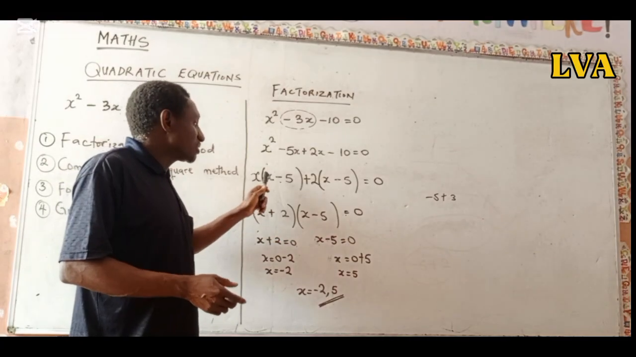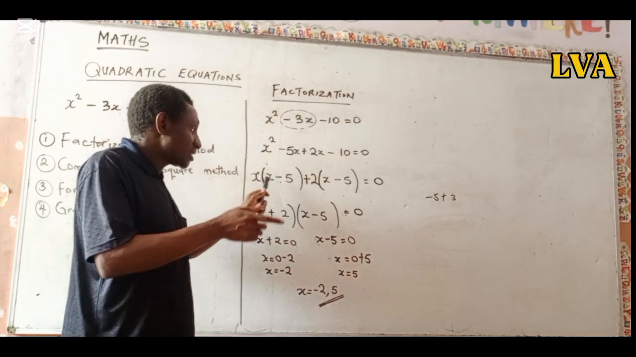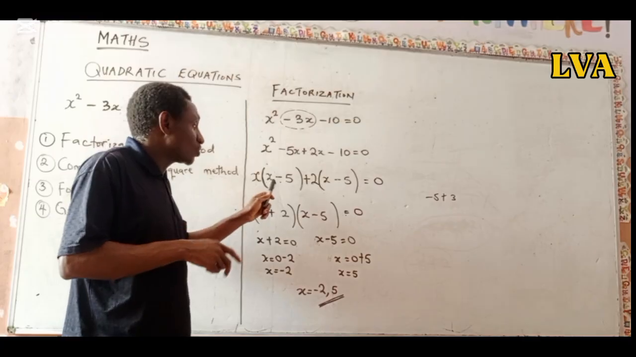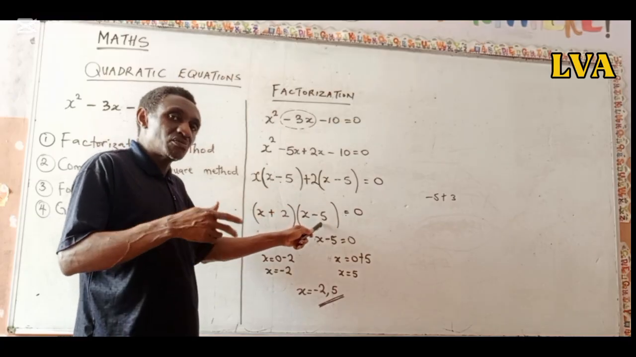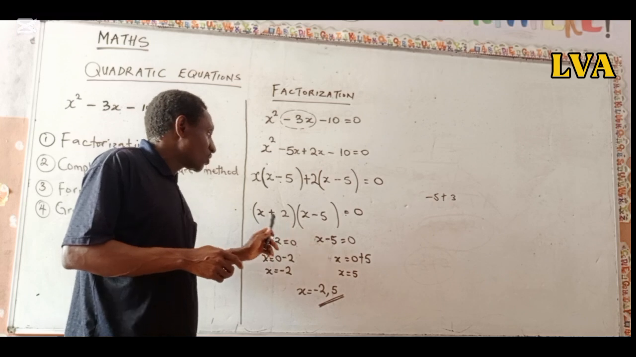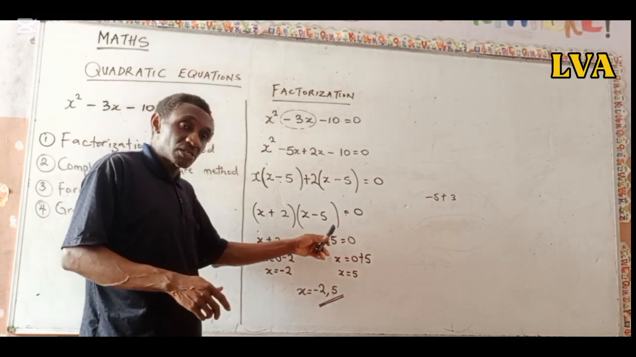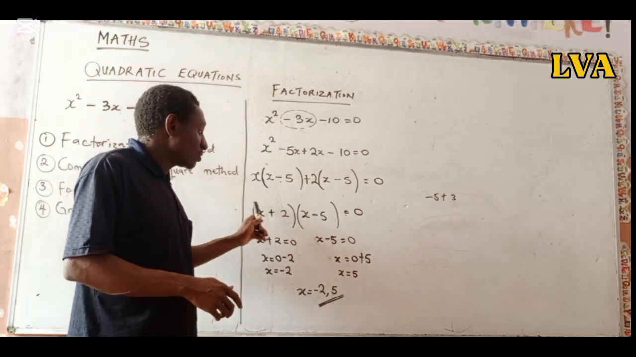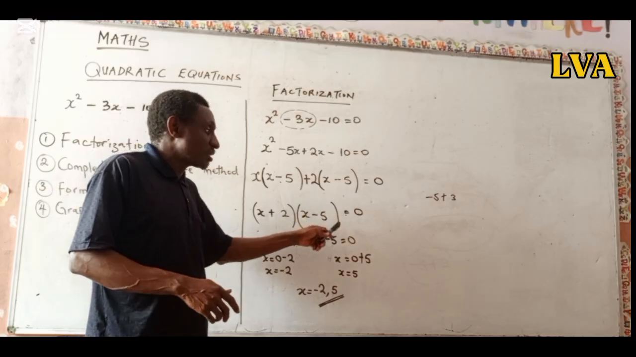Then again, what is in the brackets? In this case, you do the same thing. You have 2 brackets and they all have the same thing inside, so you bring one of them and put it in the second bracket. What's outside the bracket takes one bracket, and what is inside the bracket takes the second bracket. So that you now have x plus 2 in one bracket, x minus 5 in the other bracket, then equals